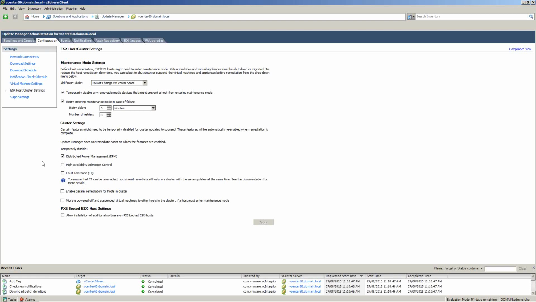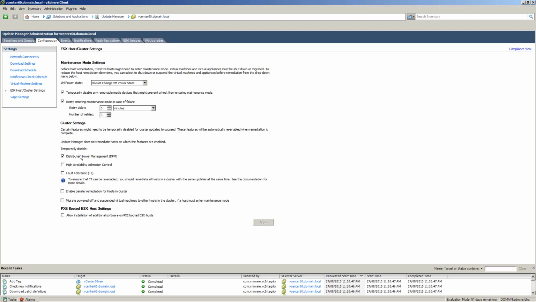That's what it is. So for a cluster, if you are remediating a whole cluster, it's best to temporarily disable DPM, or distributed power management. This is used when you want to conserve power.